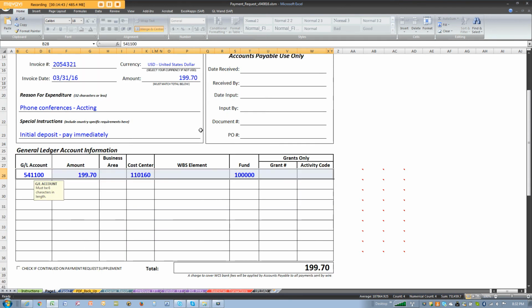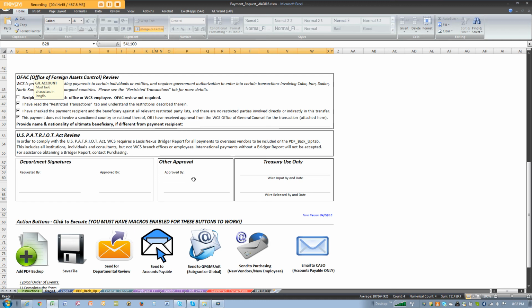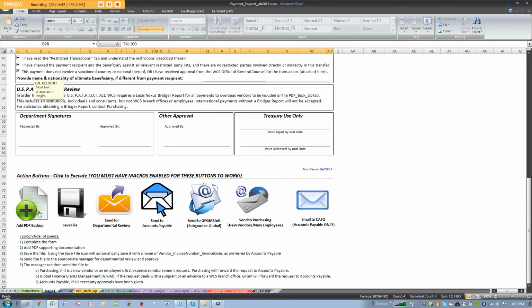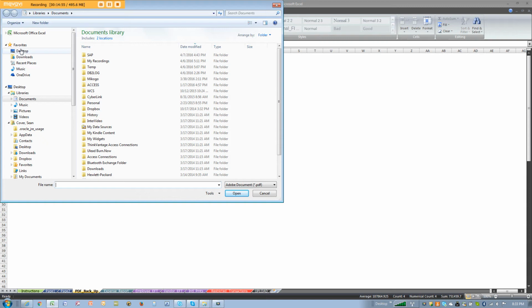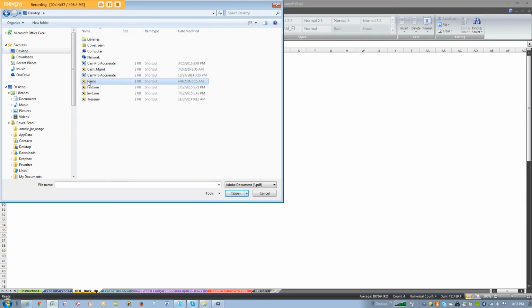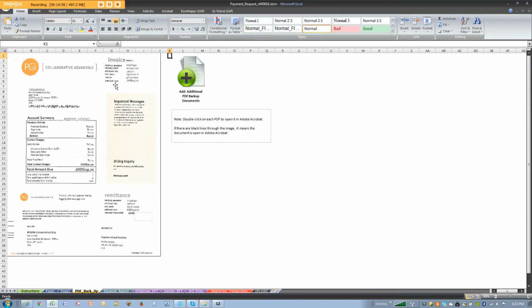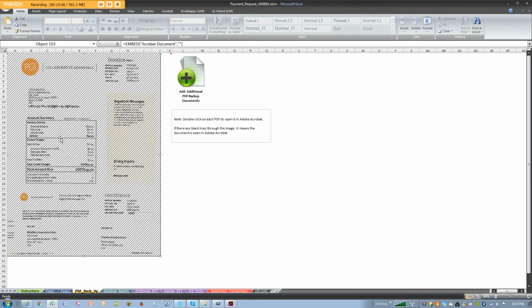Let's look. We've got all our accounting information. Everything looks good. We need to add our PDF backup. I have a copy of an invoice that we will upload into the spreadsheet. Click on Add PDF, and here in my demo directory we have the invoice. It has now appeared here. If you double click on it, you'll see it